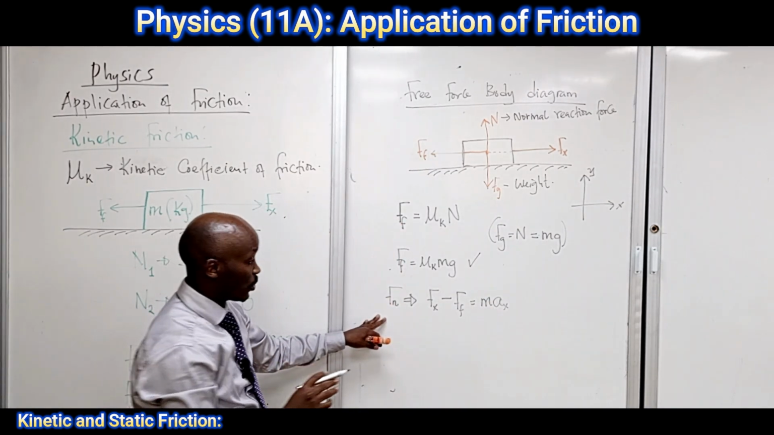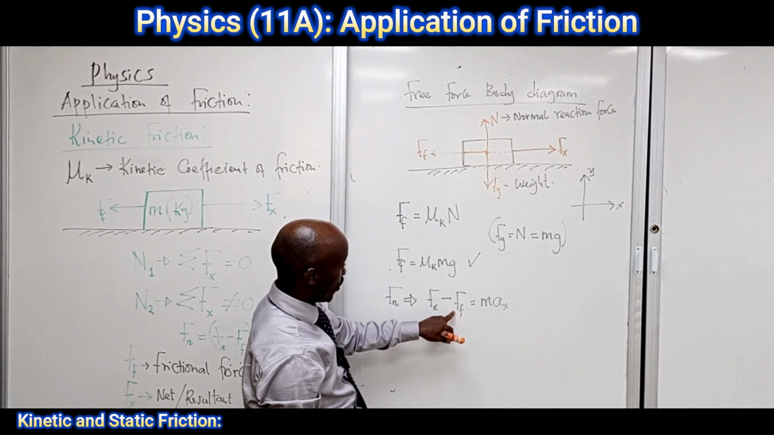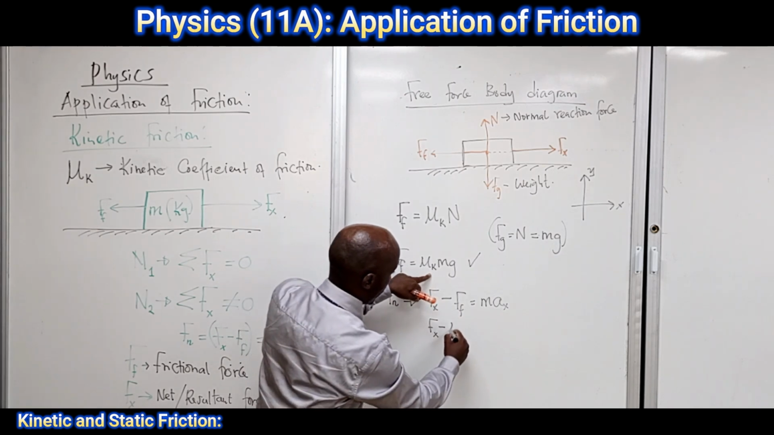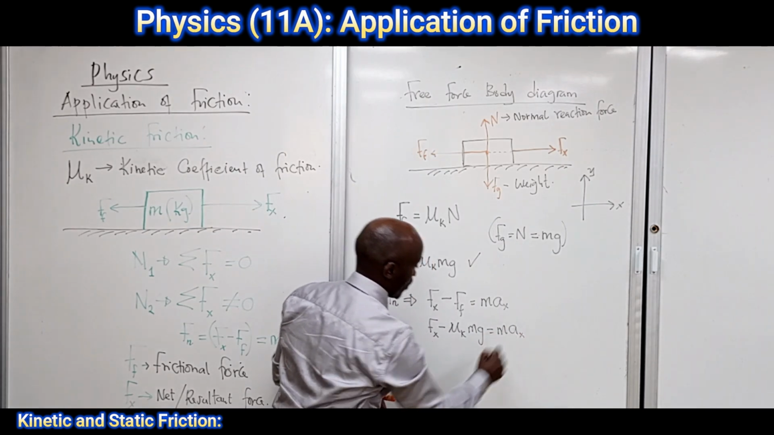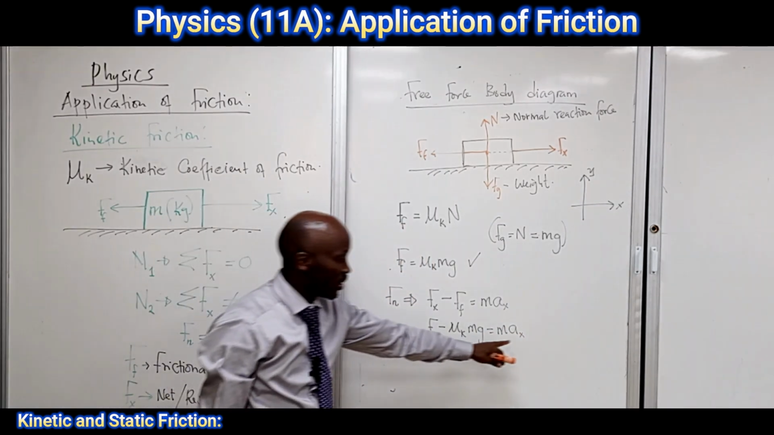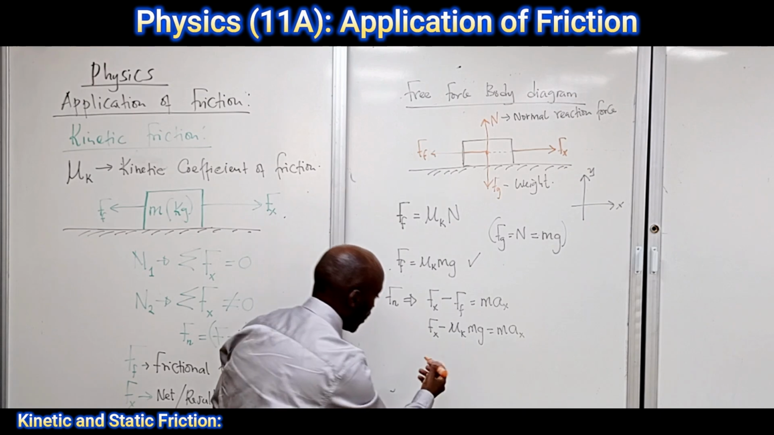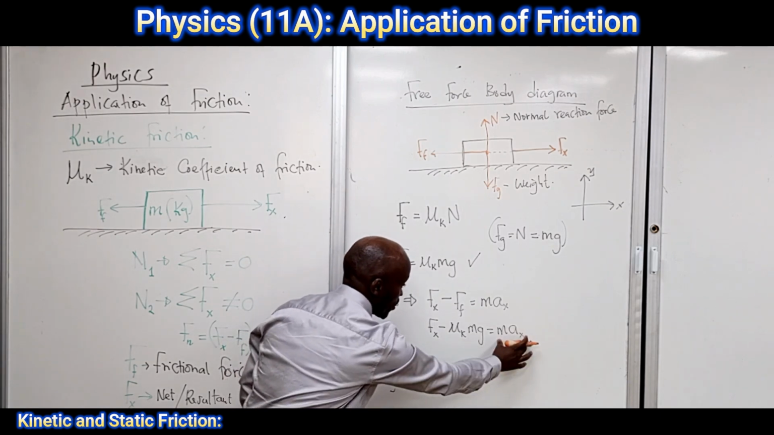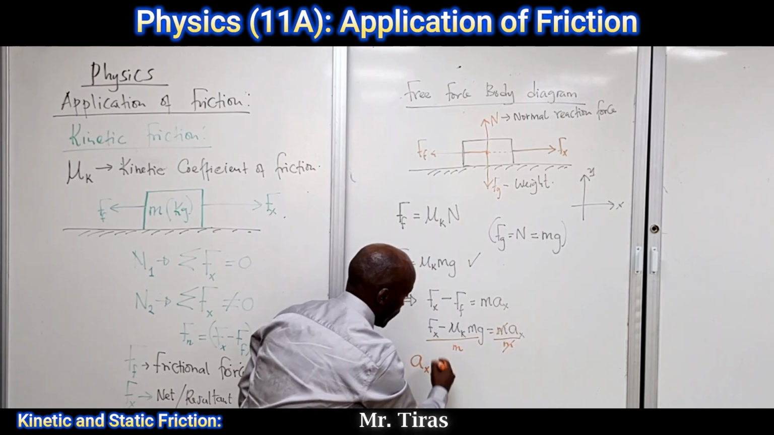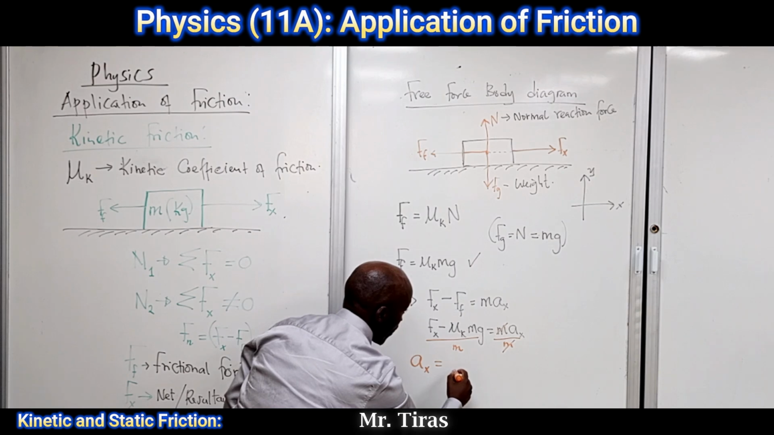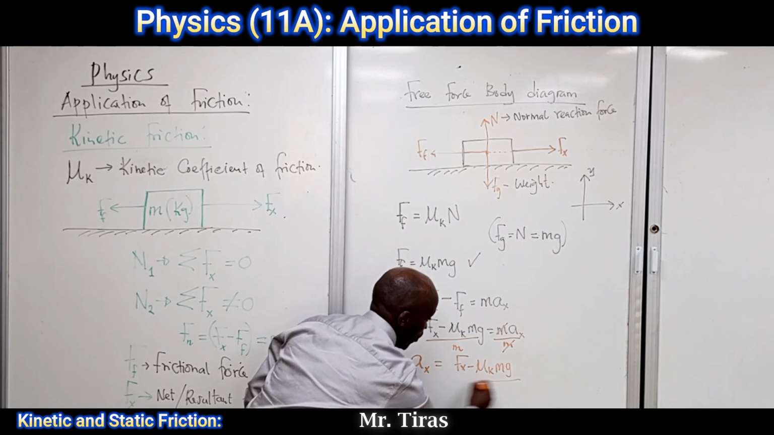So we just substitute in the given values that we know. We know the friction force is given by this: minus mu k mg equals m ax. Finally, our acceleration will be given by dividing both sides by the mass, and this cancels. So ax ends up being Fx minus mu k mg over mass,